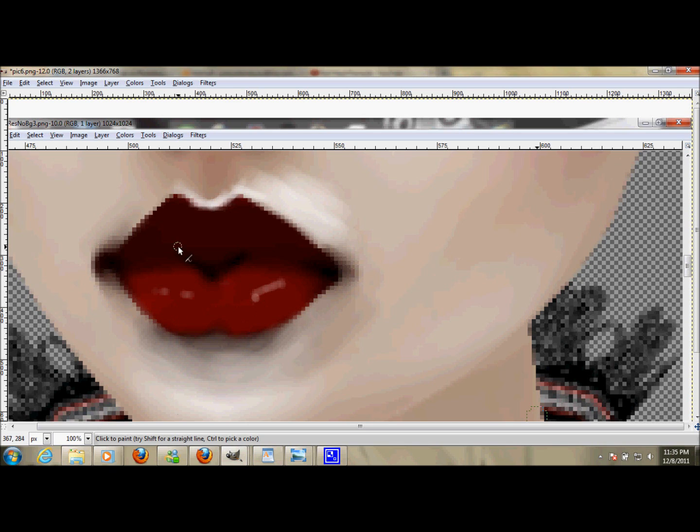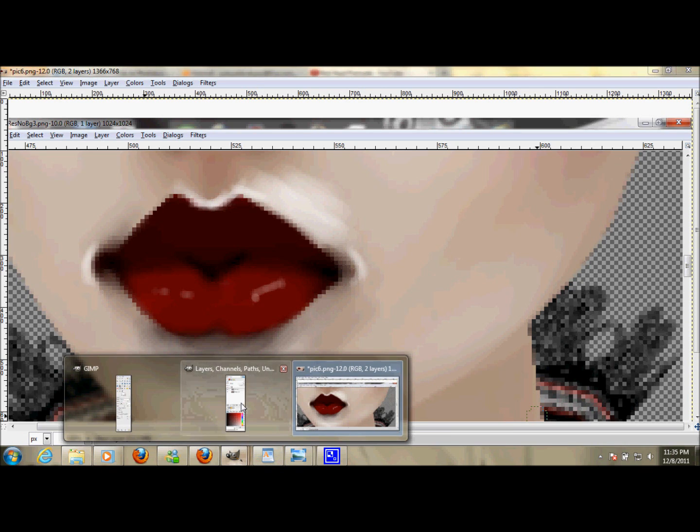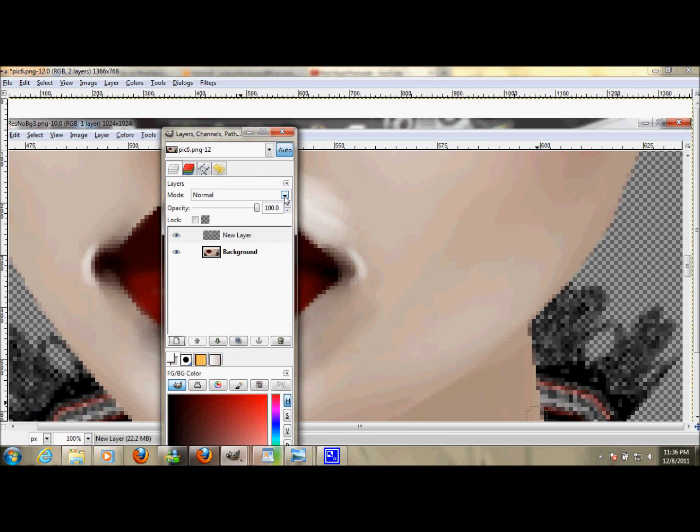I don't know, depends on the light source. Okay, I like the light right here, and then go to layers, go to soft light,